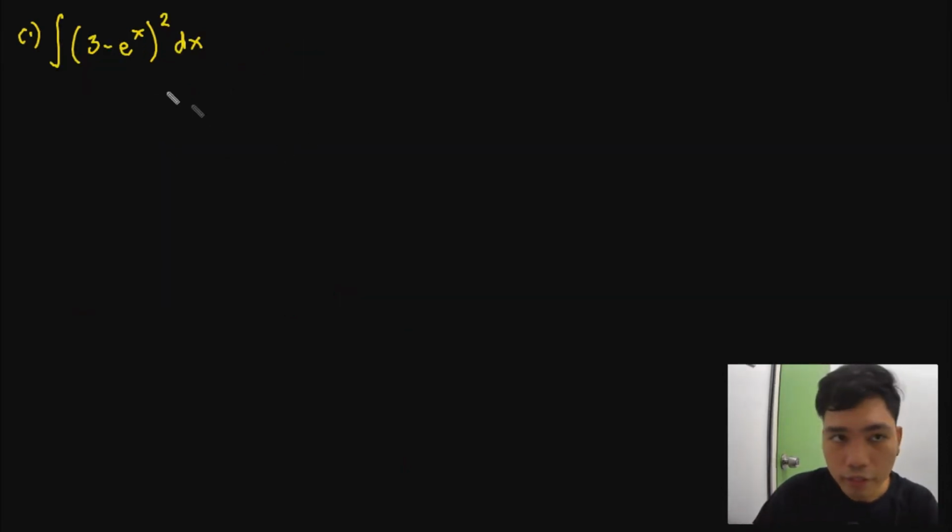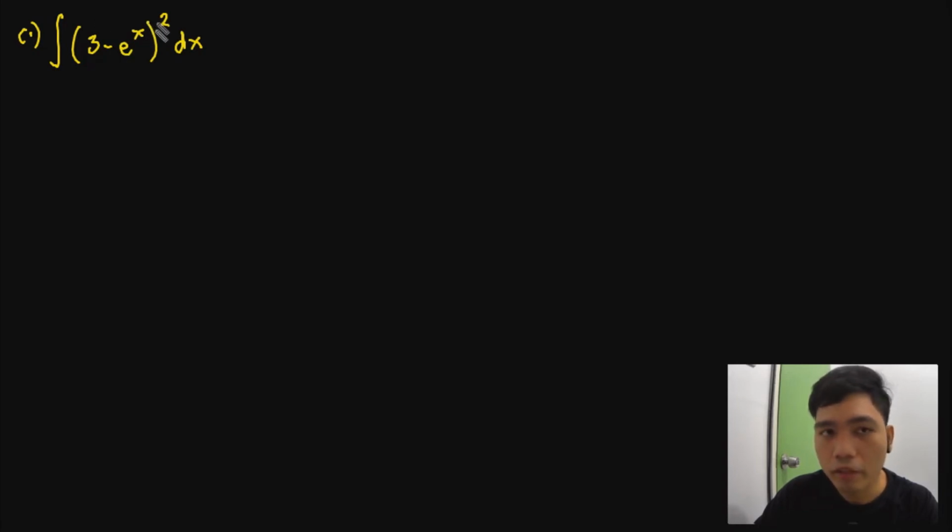Okay, so now for this next item, what we have is 3 minus e to the x and then yung buong quantity raised to square or squared dx. So, unlike dun sa letter A, kung mapansin nyo, hindi siya rational expression. Hindi siya rational expression. So, in short, wala siyang divisor na variable. So, ang gagawin natin ngayon, pagka may gantong term, and then we have to raise that certain binomial or trinomial in a certain power, the easiest way that we can deal with this is kung halimbawa, low